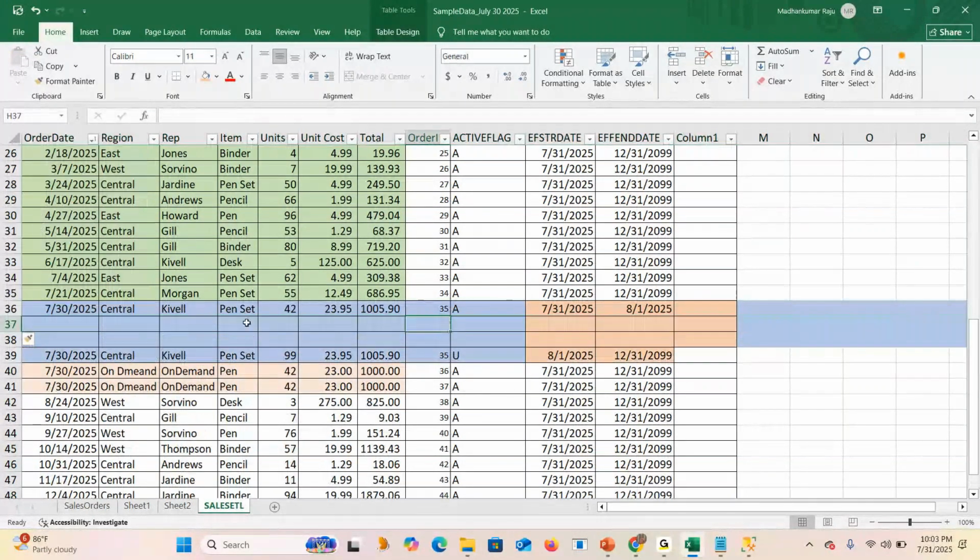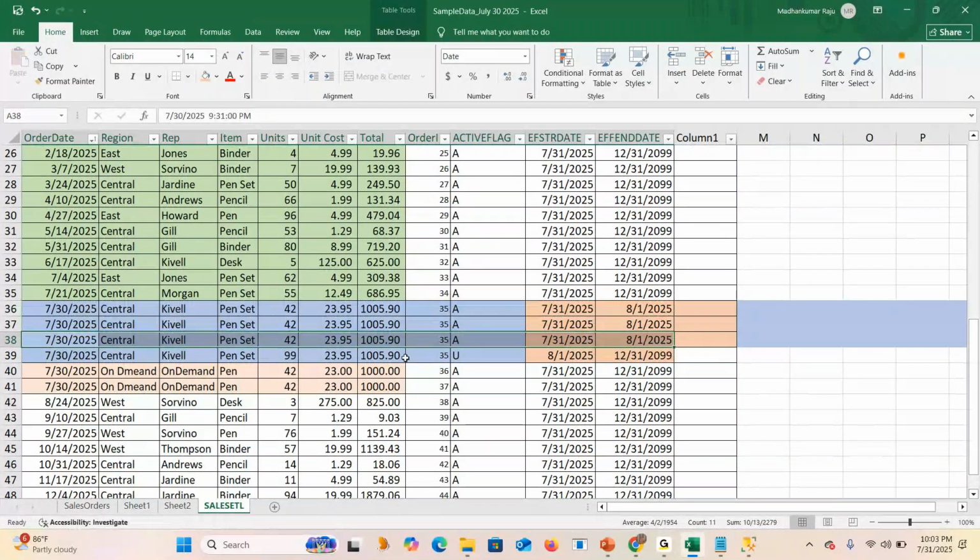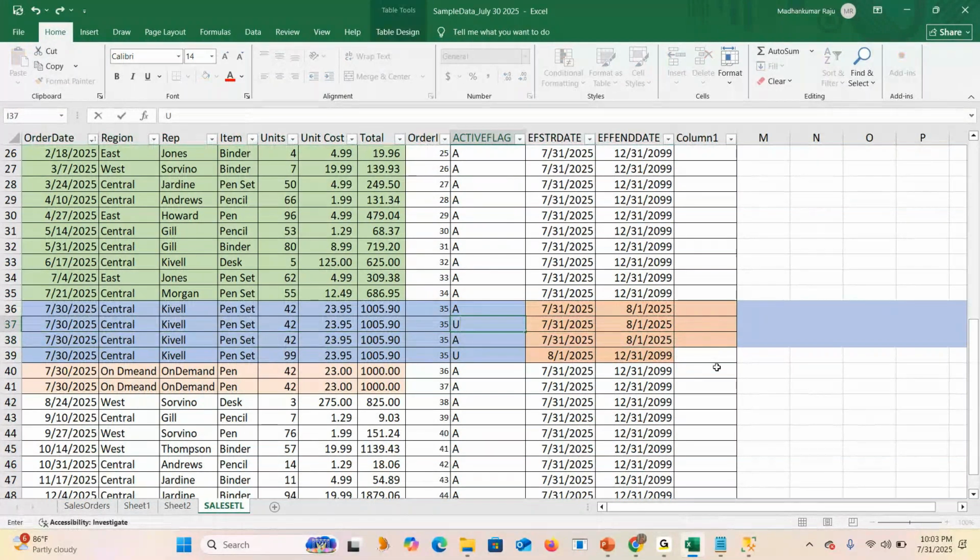For the order ID, if I'm getting four updates, what happened? Each time it will be one addition, and the remaining are all updated. So what update happened?